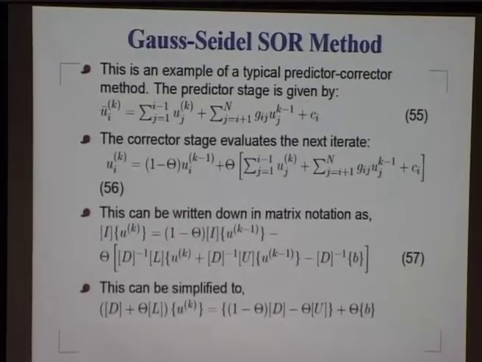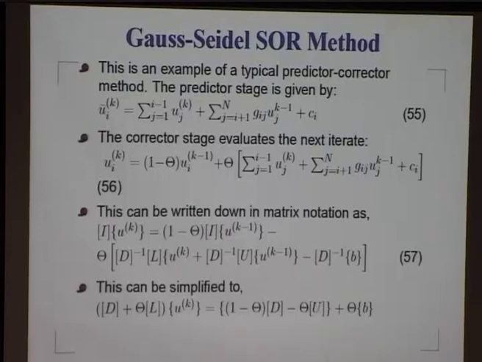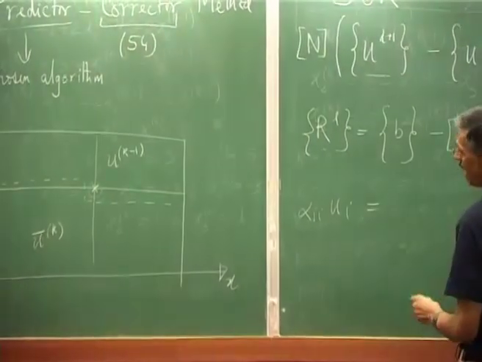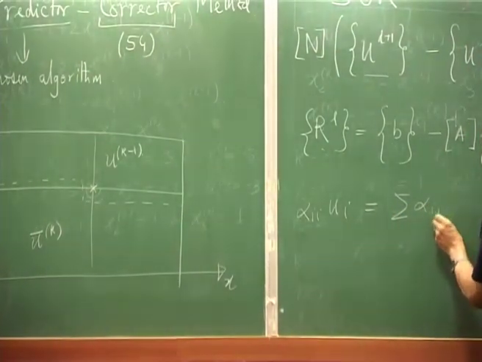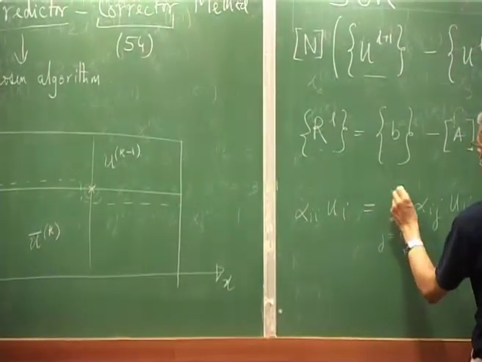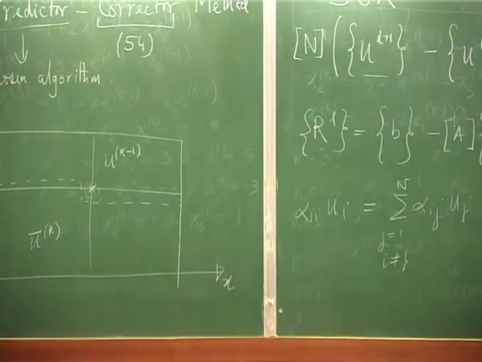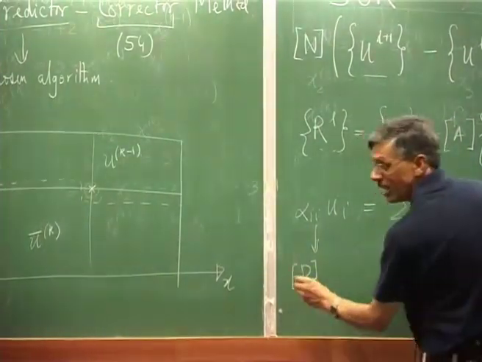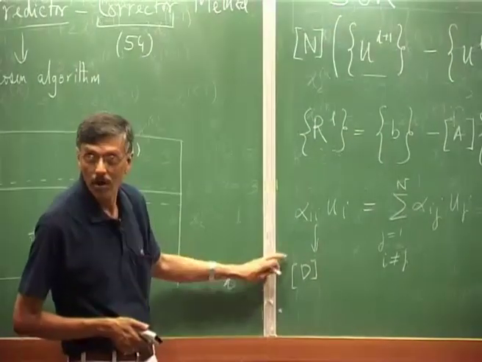If you recall what we have done, we have taken this quantity times, remember that's what we did, alpha_ii into u_i, and this we kept on the left hand side, and on the right hand side I write alpha_ij u_j, and this is going to be j equal to 1 to n, and of course I will exclude j equal to i, right? That's what we do. So this comes from where? This gives you something like your D matrix, the diagonal entry. If I split that A into D, L, and U, then this quantity alpha_ii gives you